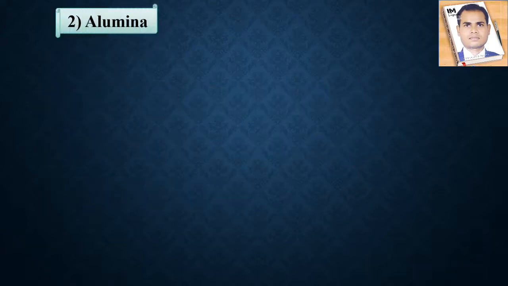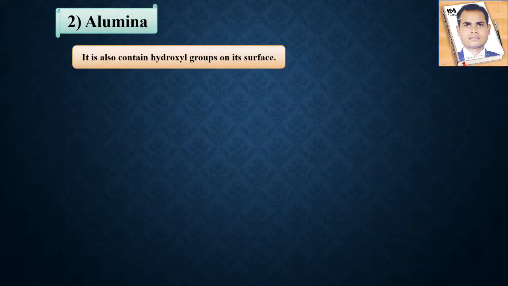Now next is the alumina. Alumina also we can use as a stationary phase. This is weakly polar or less polar, you can say. It also contains a hydroxyl group on its surface. The OH group is also present in this